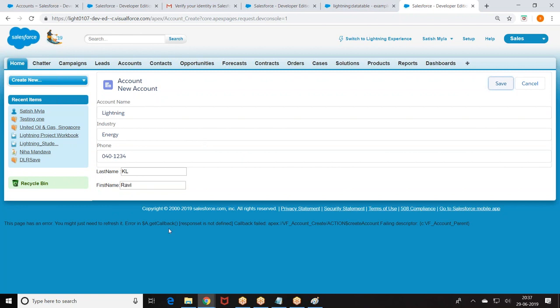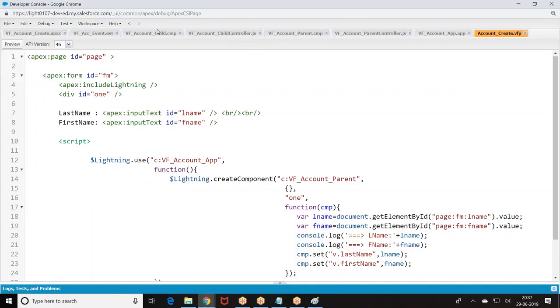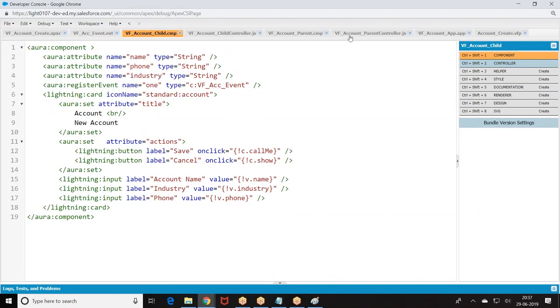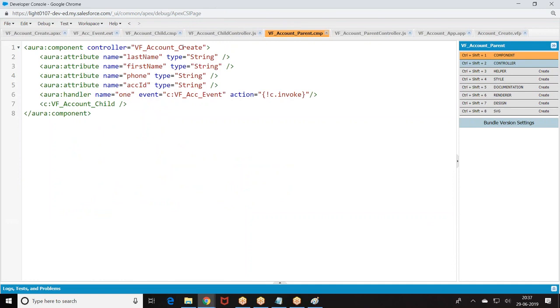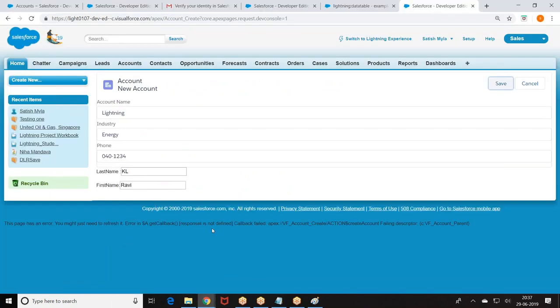Now respond. Parent component VF account. Let me read the error message. One minute. Callback respond is not defined. Page has an error. You might refresh it. Get callback respond is not defined.